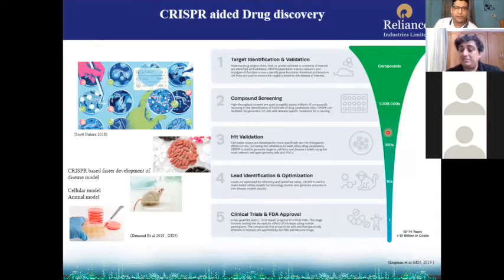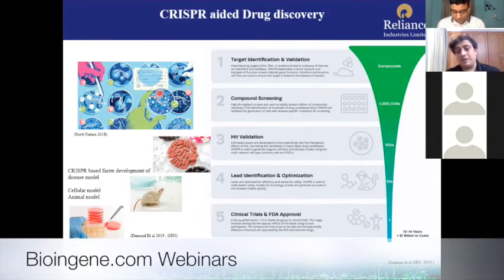And also drug discovery, CRISPR-Cas9 plays a big role, starting from target identification, compound screening, hit validation, lead identification, and finally clinical trials. So any compound you found, you develop an animal model by CRISPR to test those compounds, or even if it's a natural compound, then you can change the production process of that compound by using CRISPR-Cas9. So a lot of work is happening in this area, and almost more than 1,000 Cas9 based such gene drug discovery activities are in the pipeline for the regulators. So it's happening very rapidly.